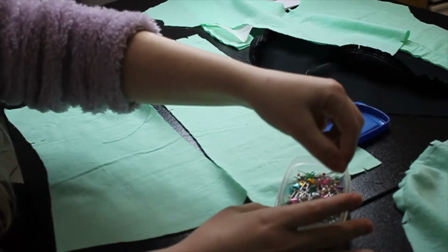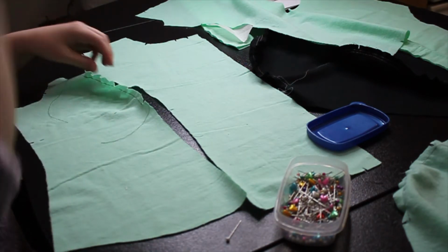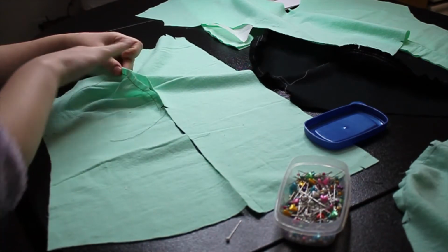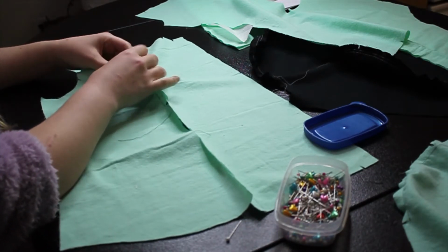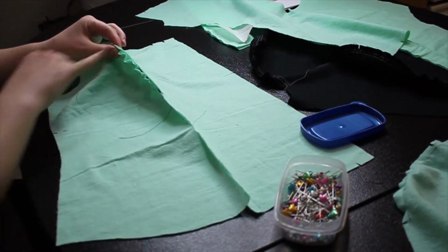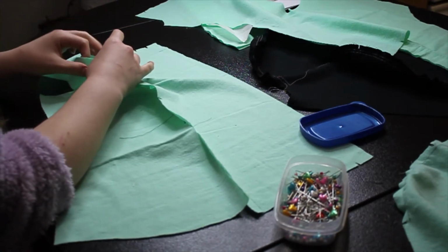Now I will show you a trick for making sure that you do not create any tucks. I noticed a lot of people were getting tucks in this chest breast area. I'm going to start by pinning as exactly as possible the same right here at that notch, and then just